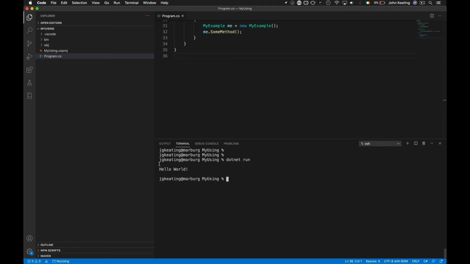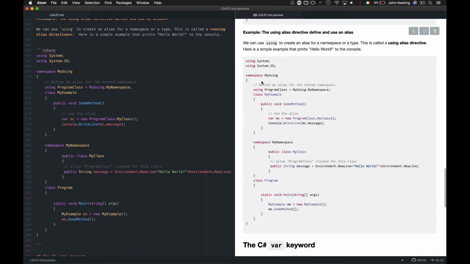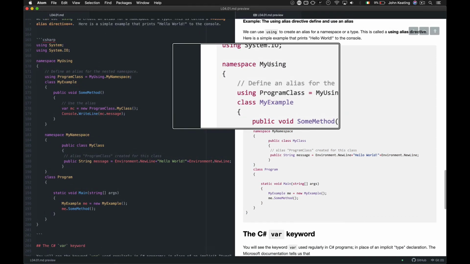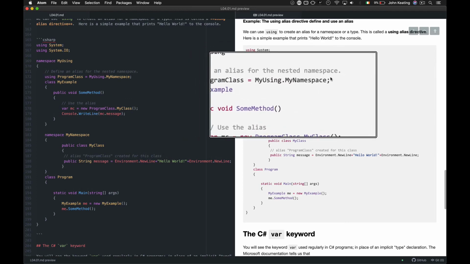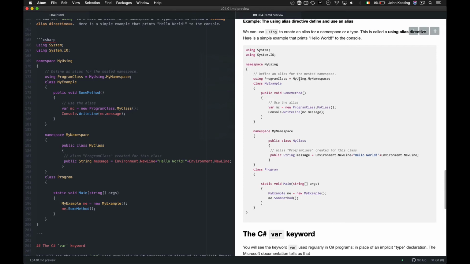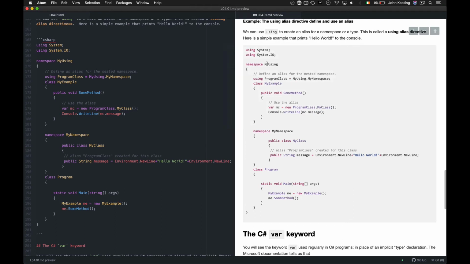So it executes fine, and we get hello world, which is what we would expect. Now this is a complicated way to just give an example. So what's happening here is we have our original namespace called myUsing. So now we're defining an alias for some nested namespace. So the nested namespace will be myUsing.namespace, and you'll see that here's our outer block, our namespace, and in here